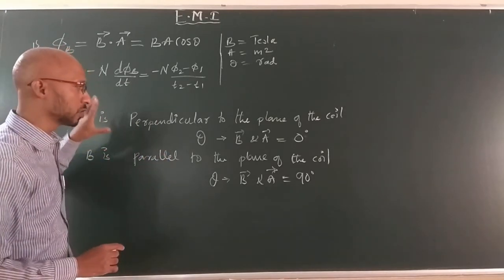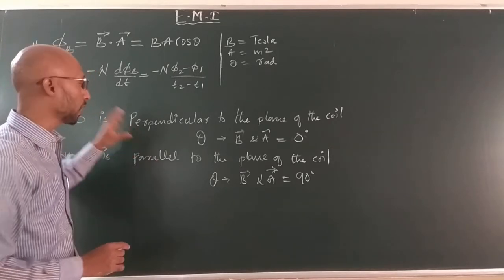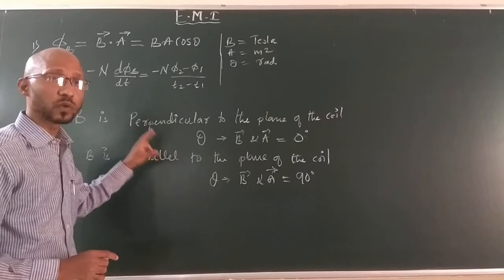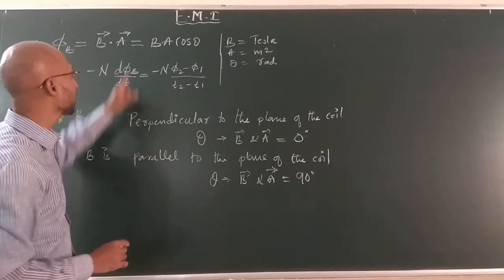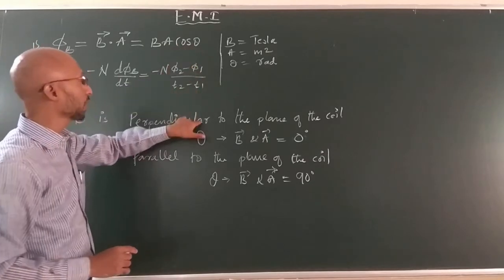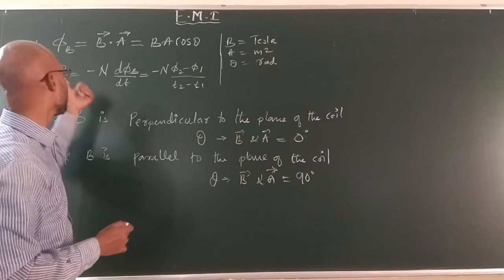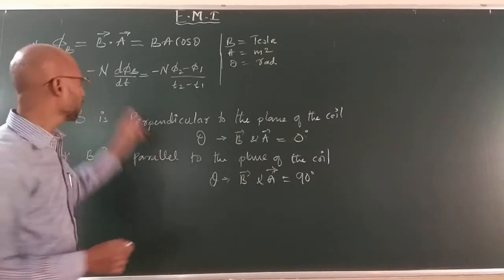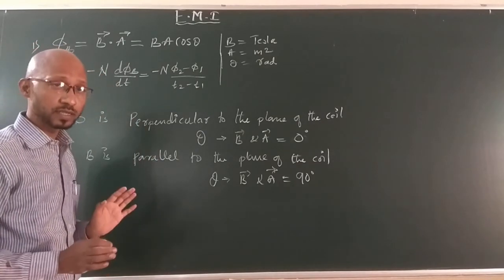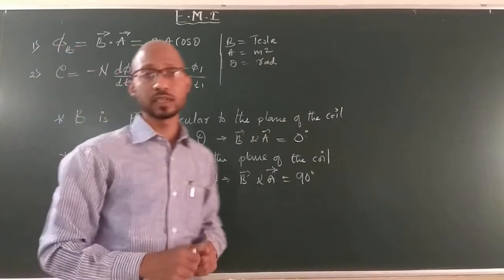Please note down this point, because to understand the numerical problems you first have to understand the exact concept: what is given and what is being asked, because here only three variables are there. One will be hidden, and the other two will be given. Then you can easily calculate flux, and you can easily calculate induced EMF if the number of turns is given. Okay, understood? Let us start solving the first problem.